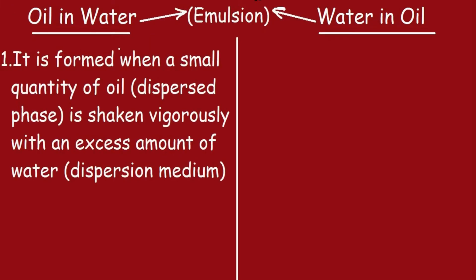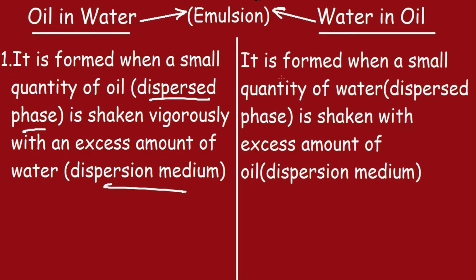So let's study the differences between oil in water and water in oil type emulsions. The first point under oil in water emulsion is that an oil in water type emulsion is formed when a small quantity of oil, which is the dispersed phase, is shaken vigorously with an excess amount of water, which is the dispersion medium. And for water in oil emulsion, it is formed when